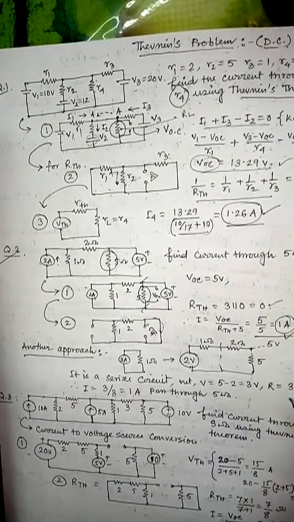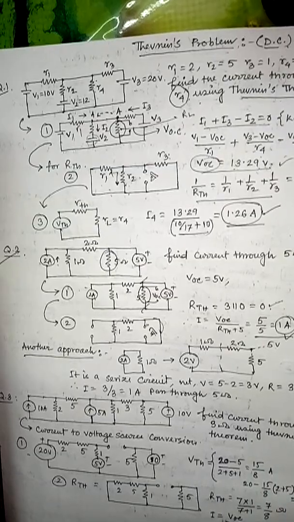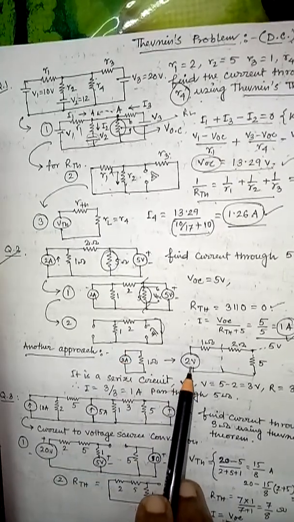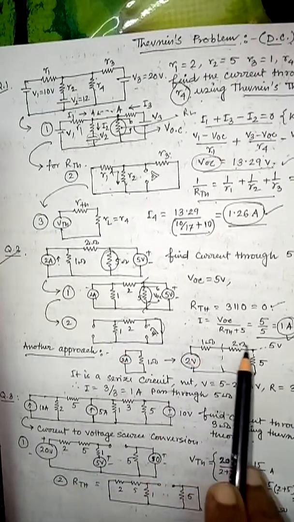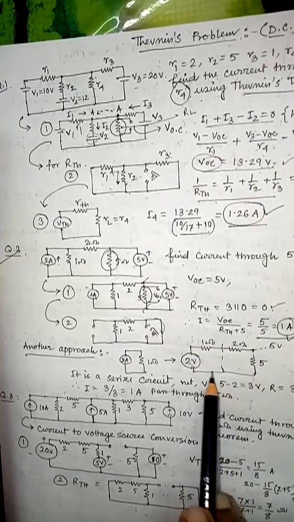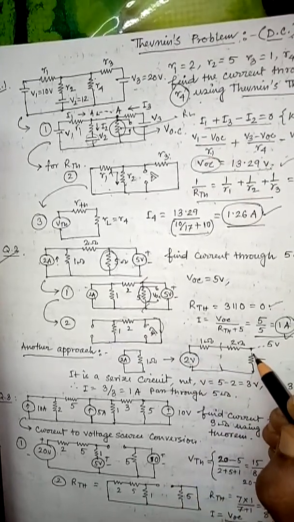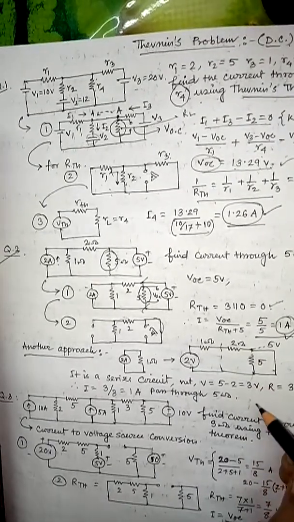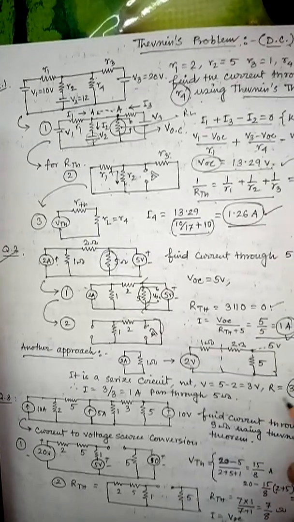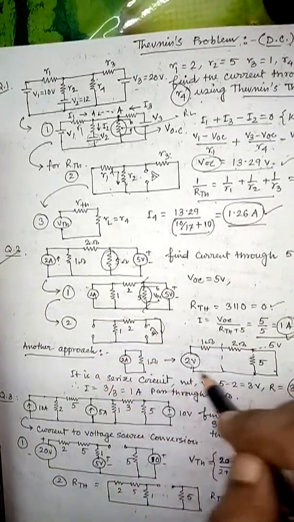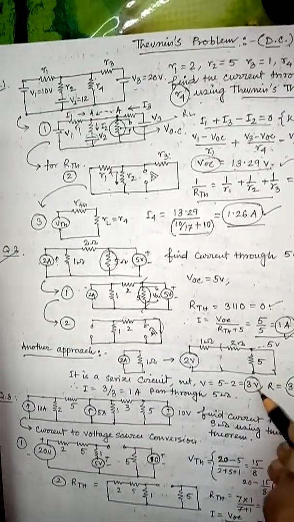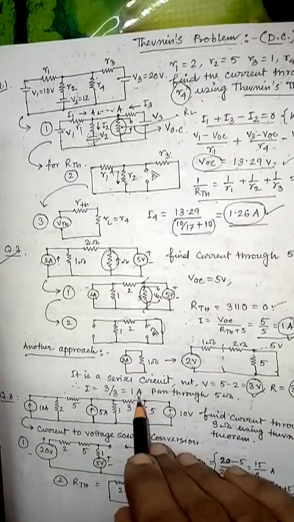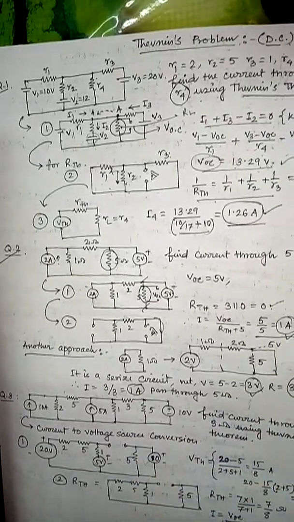So there is another approach you can take. Here it is a 2A source with 1, so you can make it a voltage source, so you can make it 2V with 1 and 2 in this way. So the final RTH here is like this. It is 5 ohm and here it is a shorted path, so finally the value is 3, and the V is here 5, here 2, so the difference is 3 volt obviously. So 3 volt is the open circuit voltage and that is 3 of the resistance. Finally the current is 1 ampere. You can solve it in this way also.